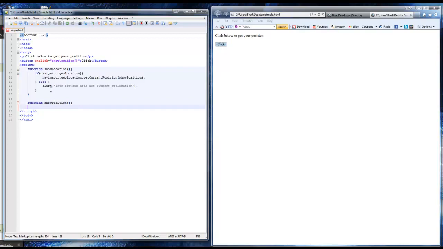So now we'll create this show position function, and we want to put position as our parameter. What I want to do here is I want this function to just alert us with our coordinates. So we want to do an alert,